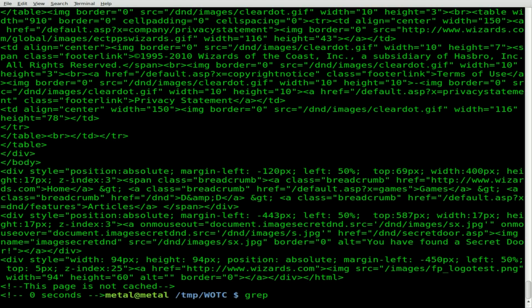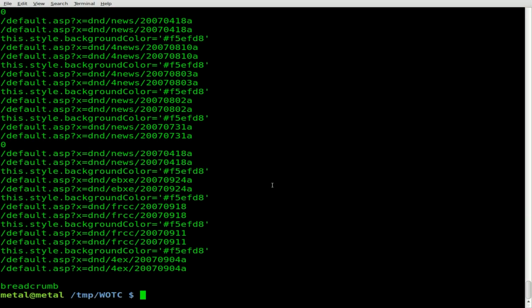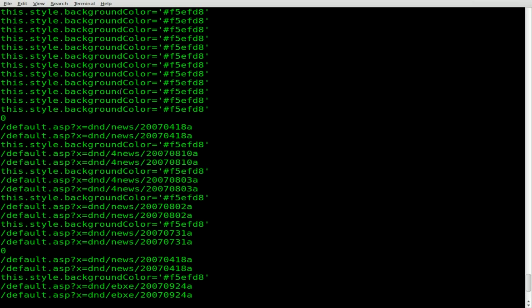So we'll say grep, and grep is for searching, that little string I just said, dnd, and then the name of the file we want to grep through, so page.html, and there we go, we got links here. So now we want to cut through those links. I'm going to say cut with the delimiter: we're going to use the question mark as a delimiter. And I've already counted this out. It's field number 10. So if we do that, you can see that we get a bunch of links here,